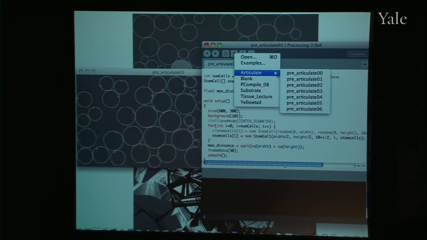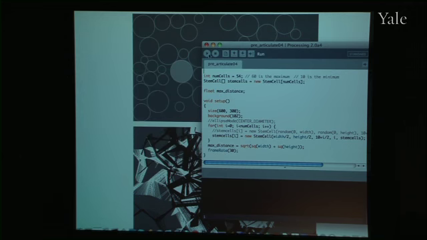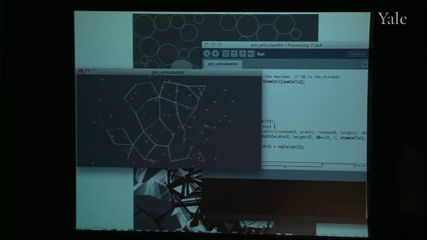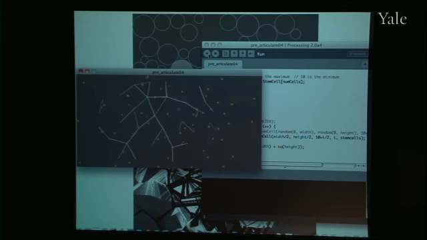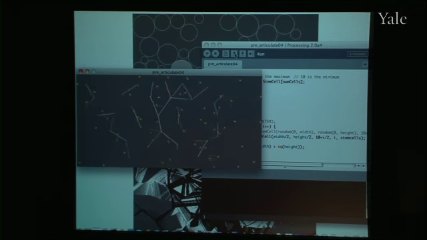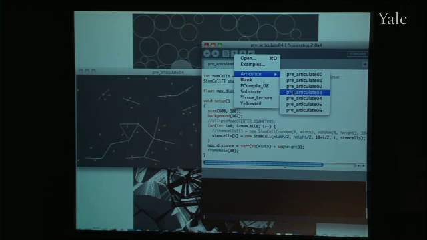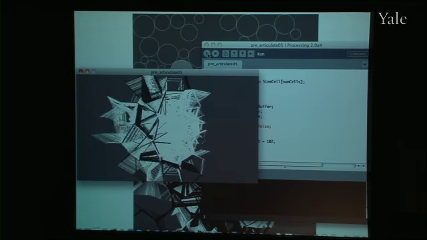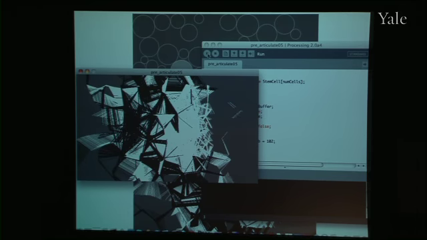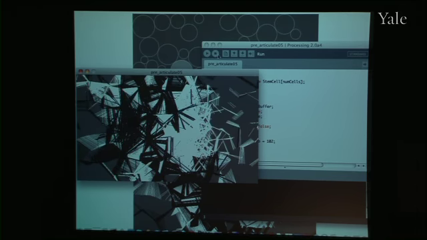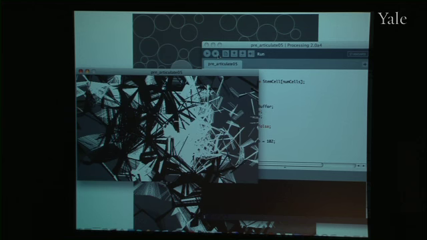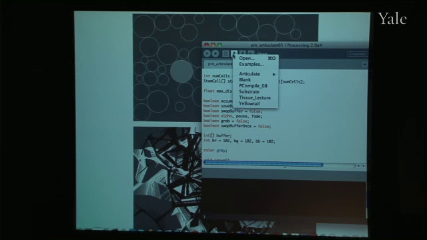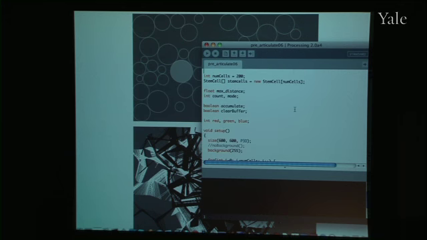And then from there, I started removing information. In this case, I've removed the circumference of the circle, and I've added something else. I've added a line. When the two circles are touching, you draw a line between their center points. So in my mind, this is a process kind of analogous to doing continuous sketches by hand and refining ideas, but it's done in a different medium. Now I've removed everything but the lines, and they're white or black depending on their length. And then that led to this experiment,